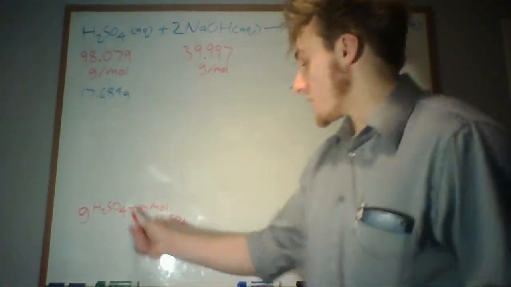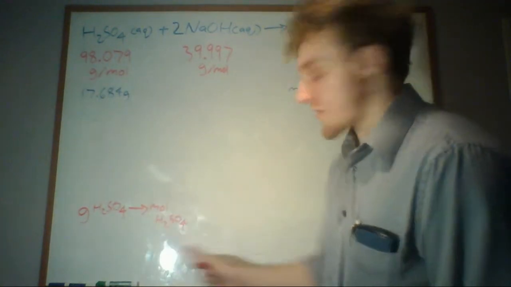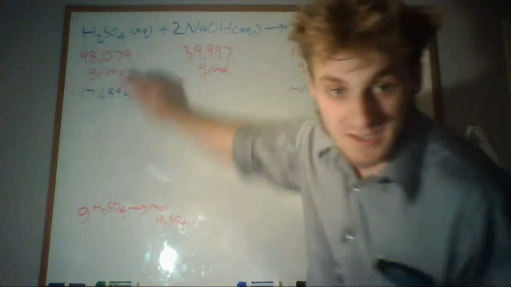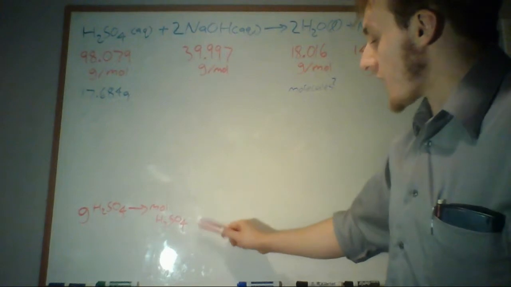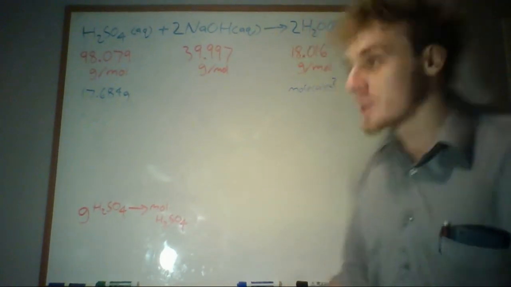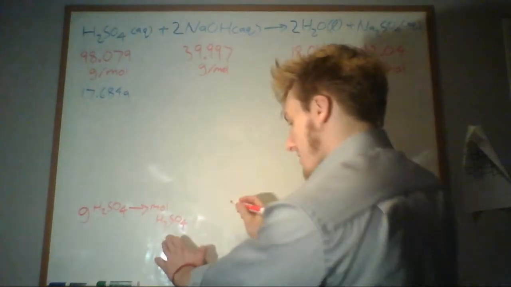Right, so we'll just use the grams they gave us, and we'll convert to moles of H2SO4 using the molar mass of H2SO4. Now, once we have moles of H2SO4, we can use reaction stoichiometry to convert to moles of water. So, we'll go from moles of H2SO4